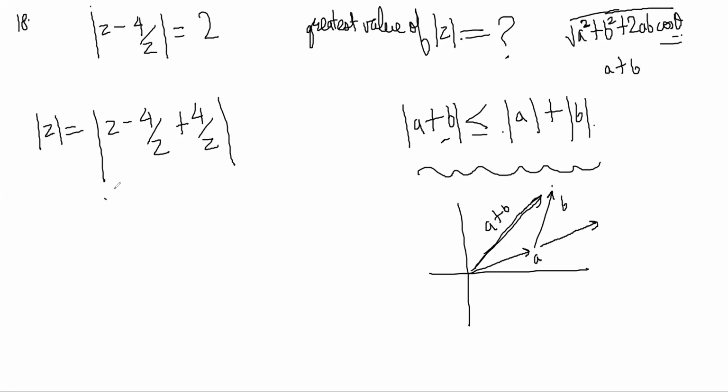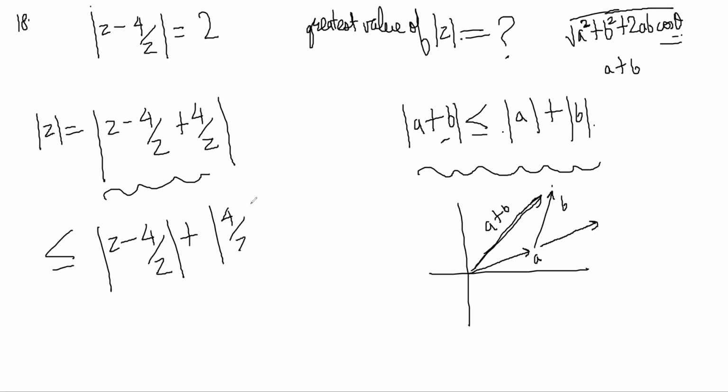So he will say that this thing will be less than or equal to mod of z minus 4 by z plus mod of 4 by z, right? So now you're getting less than or equal to, this is given to be 2. 2 plus 4 by z, right? So you get